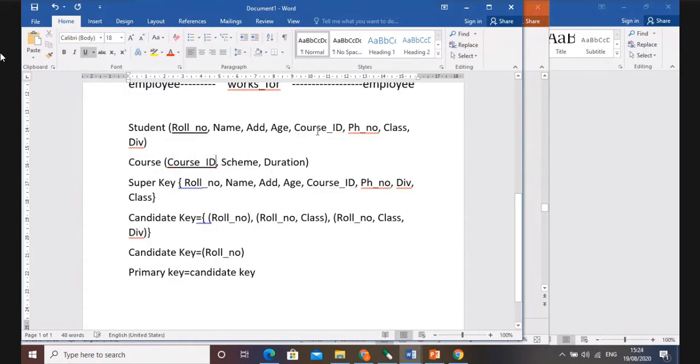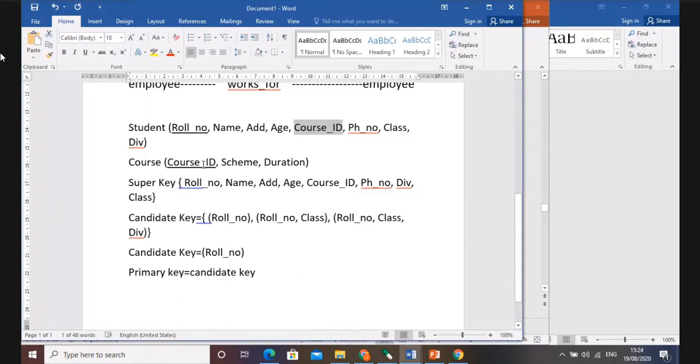Now it is okay. Here, this Course ID is definitely related to the student. But where is the primary key? It is the primary key of course, to identify the course. Students are always related with the course. Students enroll for the course, so enroll is my relationship and students are connected with the course. But if I do not have the course key in this student table, how will I show the relationship between the student and course? Students are enrolled for a course, but that is through the primary key.